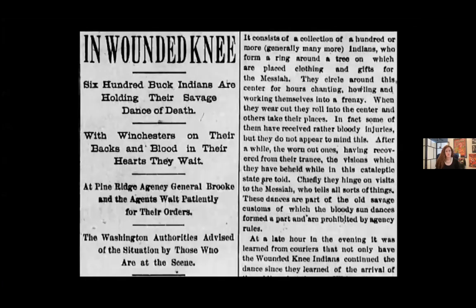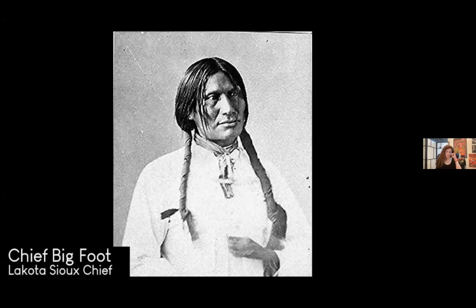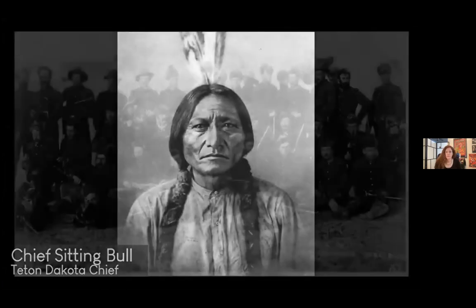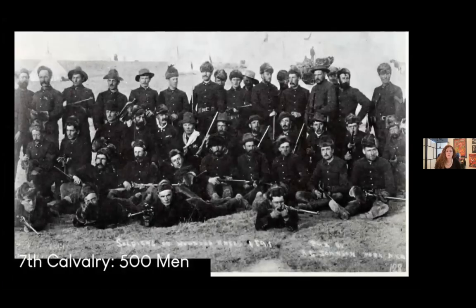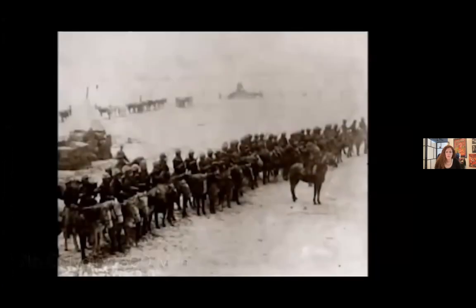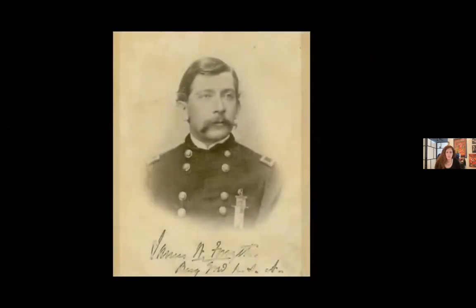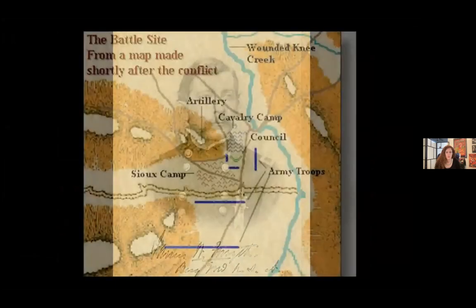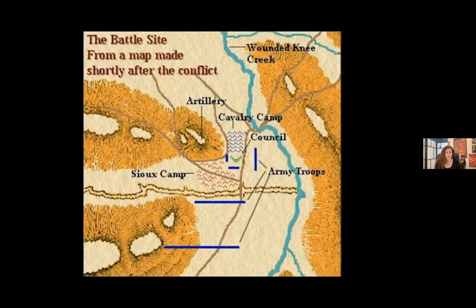Concerned that the ghost dancers were actually preparing for war, U.S. officials decided to take some of the chiefs into custody and disarm and relocate the troublemakers. The largest deployment of federal troops since the Civil War was dispatched to end the ghost dance movement. When Colonel James Forsyth and the 7th Cavalry reached the Lakota camp near Wounded Knee Creek, Chief Bigfoot offered to